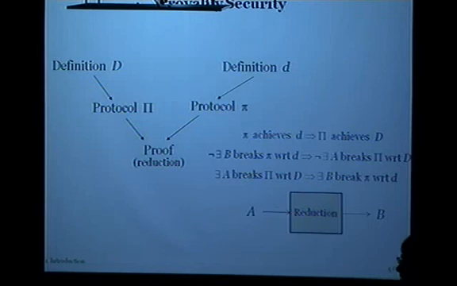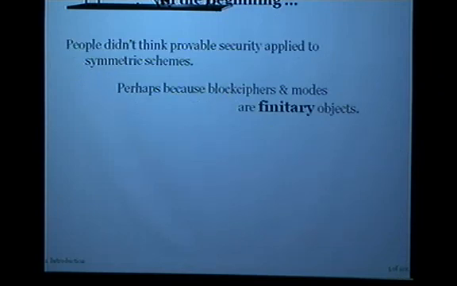We can do the exact same thing in the symmetric setting when we are dealing with modes based on finitary objects and finitary objects like the block ciphers themselves. We'll exhibit these reductions, and those reductions prove security without our ever worrying about defining what is a secure block cipher, what is a secure